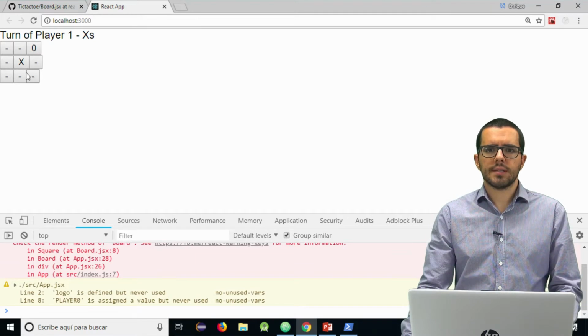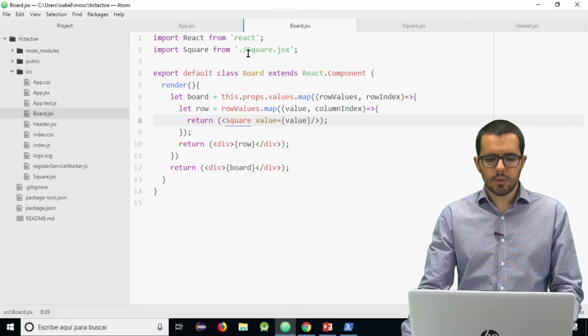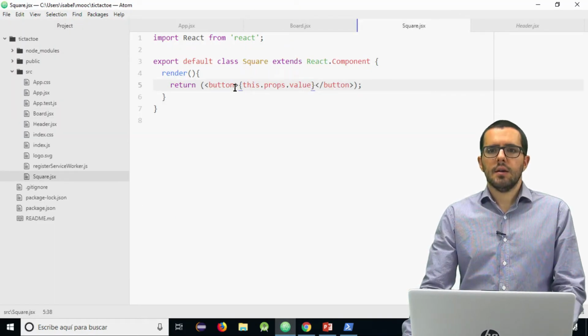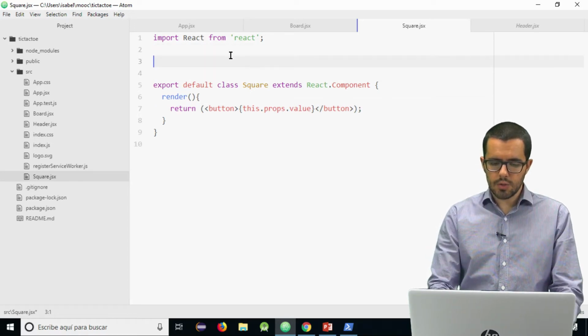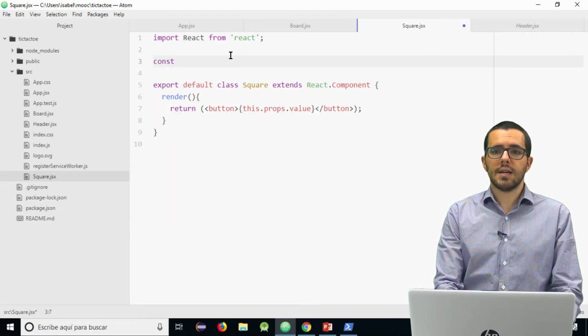Well, now if we start from this interface, we can do two final adjustments. The first one would be to add some styles. As we have seen, we can add a class name here, but in this example we are going to use JSX's possibility to add styles inside JavaScript.